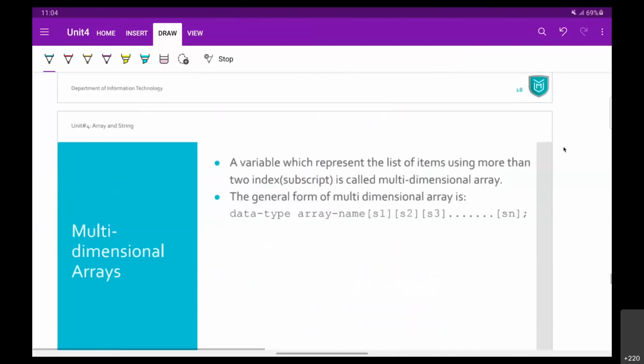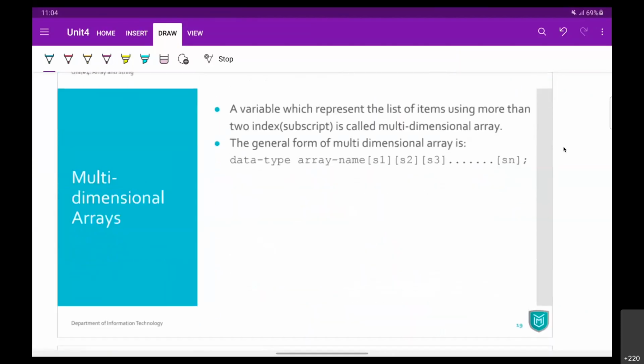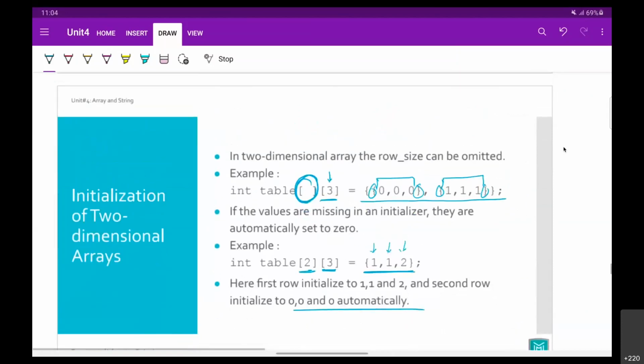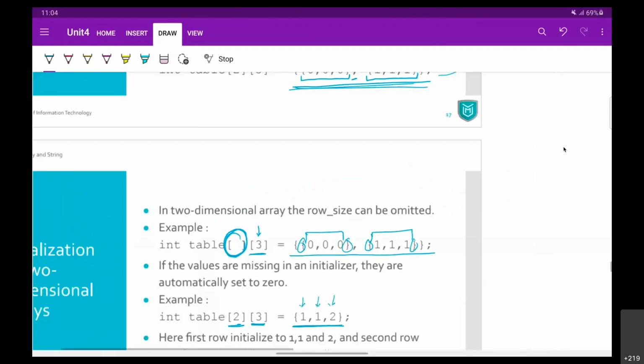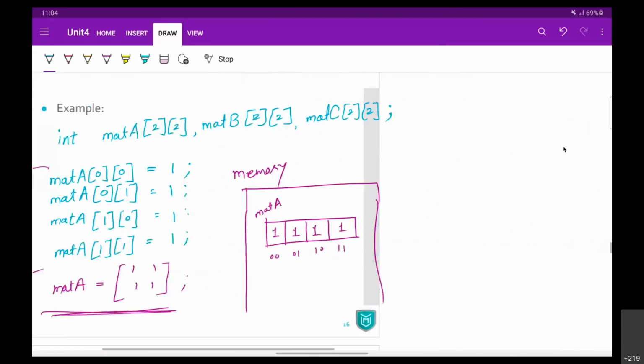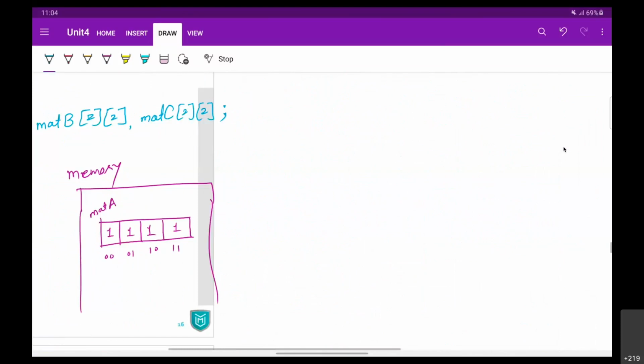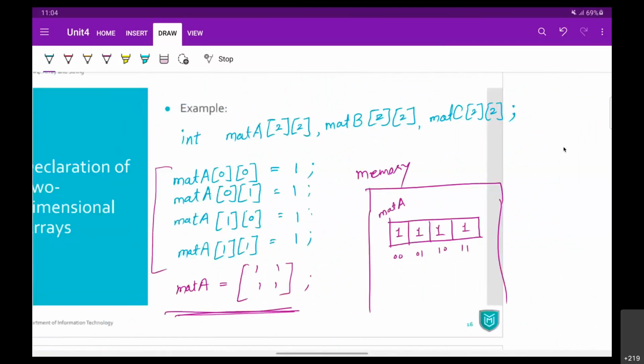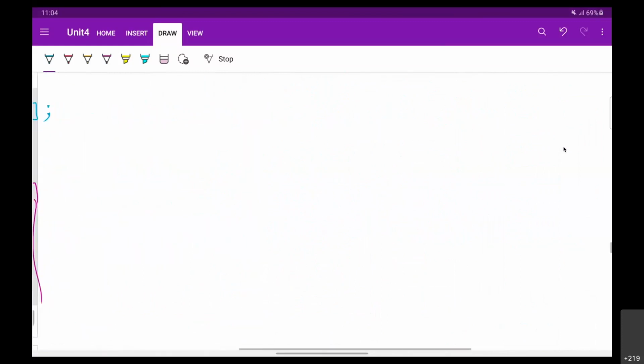Now, before we look into the multi-dimensional array, let us have a few examples of two-dimensional arrays. Fine. So how we can use these two-dimensional arrays and all. So if we go back to this example, let's say we want to add 2 matrices, then it is very simple. I'm going to write the entire process here, a process of, let's say, matrix addition.